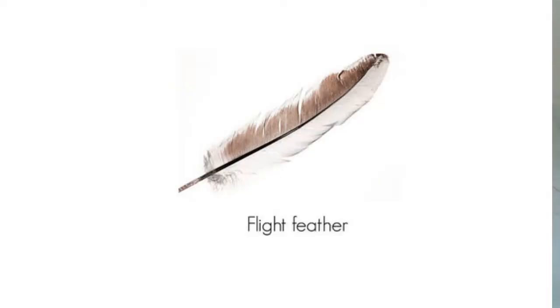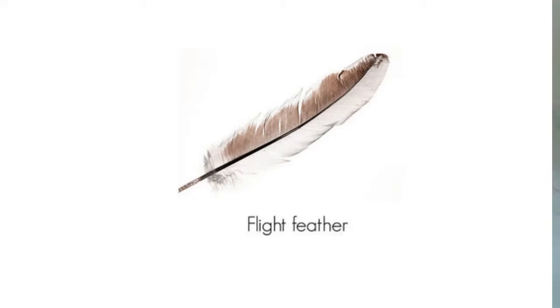You know, kids, there are three types of feathers. How many types of feathers are there? Three types of feathers: flight feathers, body feathers, and down feathers. We'll see one by one. First, we'll learn about the flight feathers. Are you able to see in the picture here? Flight feathers. Very good. They are found in the bird's tail and wings. These feathers are large in size. They help the bird to fit its body and also provide balance during flight. While flying, they give the balance.